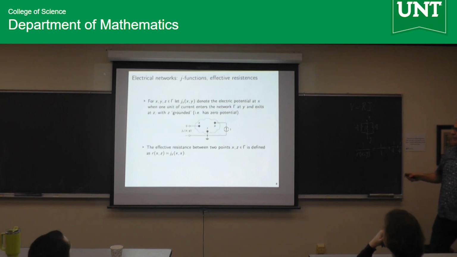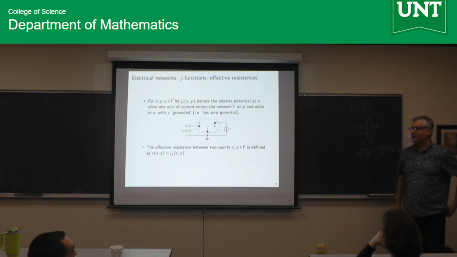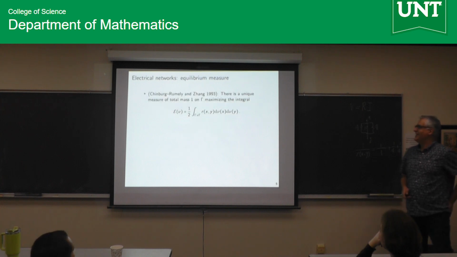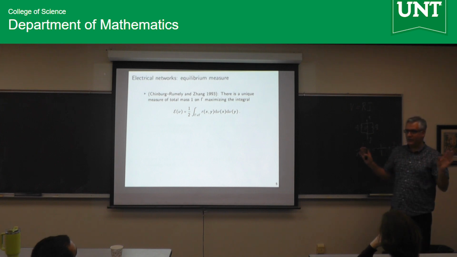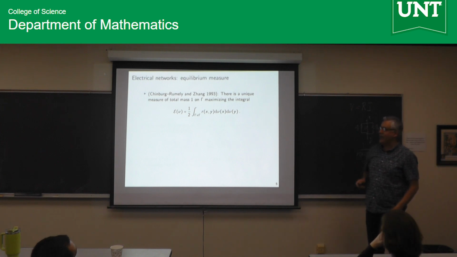What do I want to do? Everything I've said so far is like 1850. Now, what I'm about to say could have happened in the 1850s, but it's actually some construction that came up from arithmetic geometry all of a sudden. It's still electrical networks. I'm not going to use any other. But these names are arithmetic geometers.